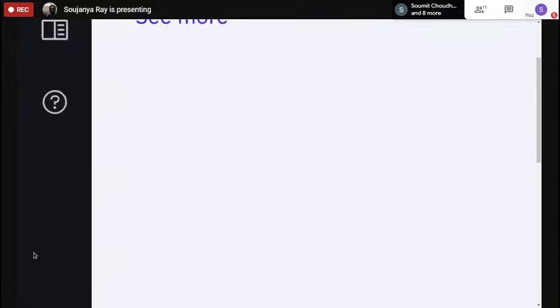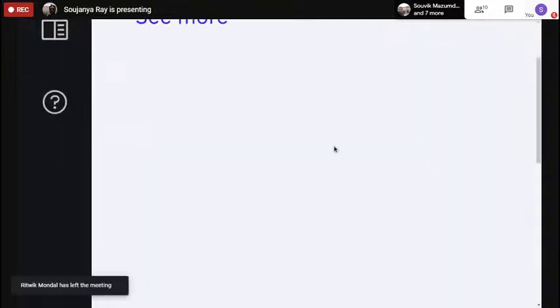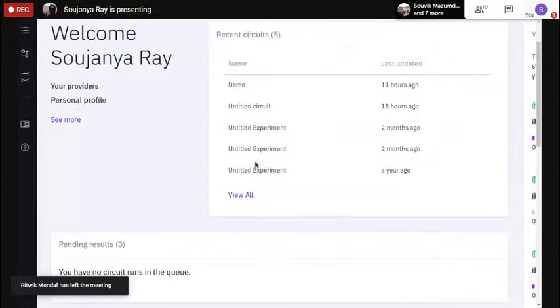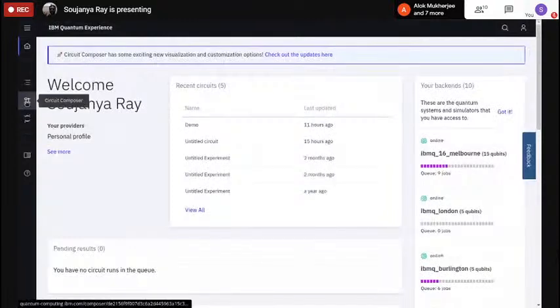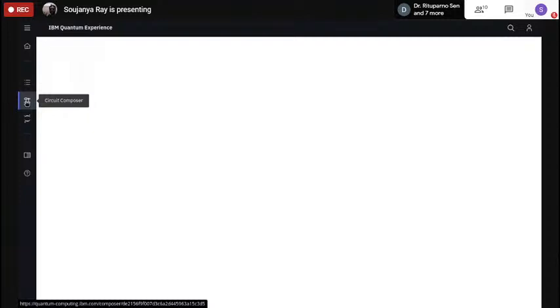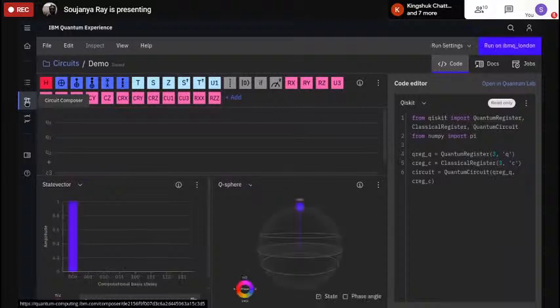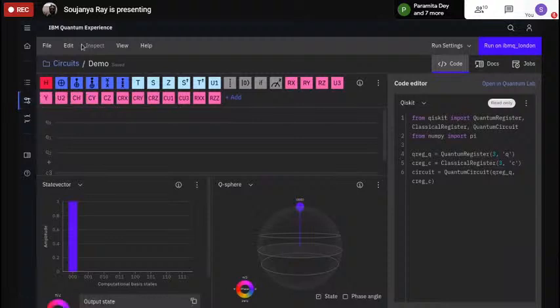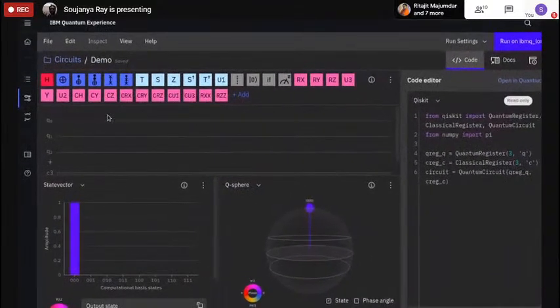And what I have already opened is the circuit composer. They have recently revamped their circuit composer. It was way less informative before, but now it's way more informative, and I'll explain what is here. Here is the main menu bar where,